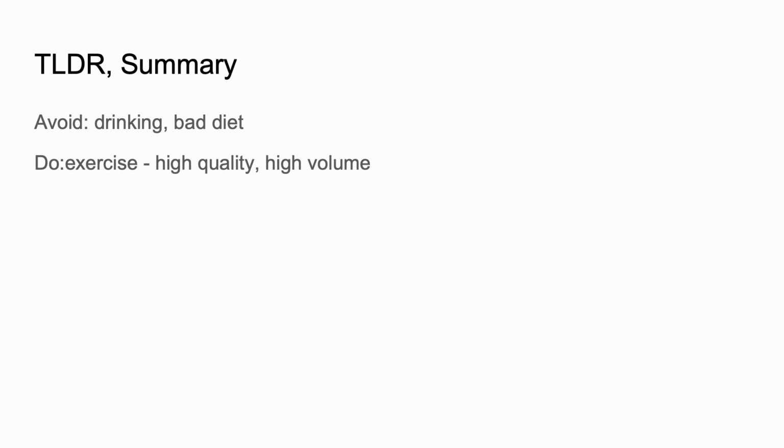So I've said a lot and I've rambled quite a bit. The big takeaway from all this is really just avoid things that reduce NP. Typically, the big things are drinking and a bad diet. So really just try to eat well. And then things to do: exercise. Try to get your movements to be high quality movements and high volume. Do a lot of it. Once you're able to get that high quality movement in for whatever joint, whatever muscle group, do a lot of it. Same thing with cognitive stimulation as well. If you're able to read and you like reading, don't read a little bit. Read a ton. Get as much back as quickly as you can.